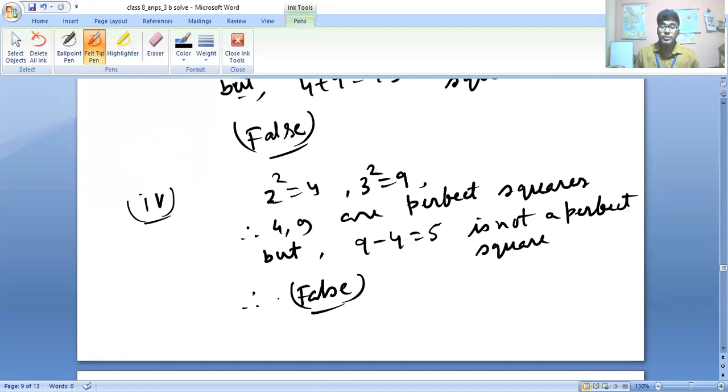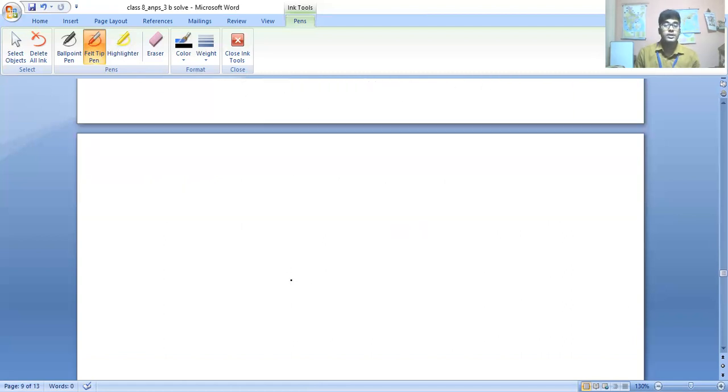Now let us do question number 5 then. The product of two perfect squares is a perfect square. Now this is true, right? This will be true always. Suppose we are writing any number square, so this is a perfect square. Again, if I do any number square, this is a perfect square. So together it can be written as 6 whole square. So always the product of two perfect squares is a perfect square.